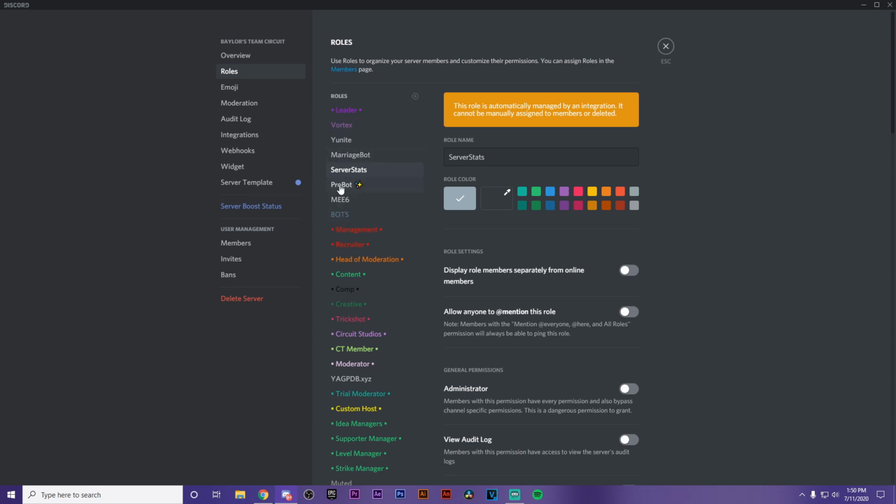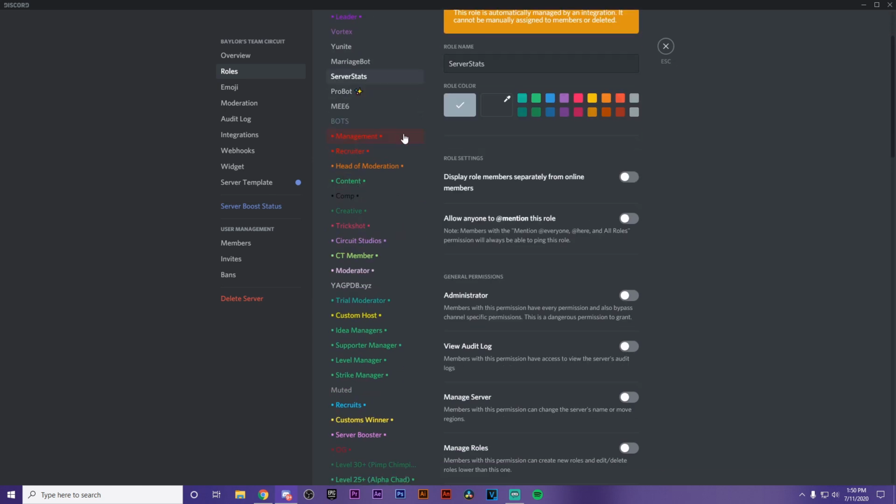I'll show you guys what bots you want in your server, but these are just the roles that you give to bots so that they can manage the server and do their job. Now I have the leader role, clearly. The main ones we have are management, recruiter, head moderation, content, comp, creative, trick shot, circuit studios, and circuit members. These are all Circuit member roles, so all of them will have the CT member role